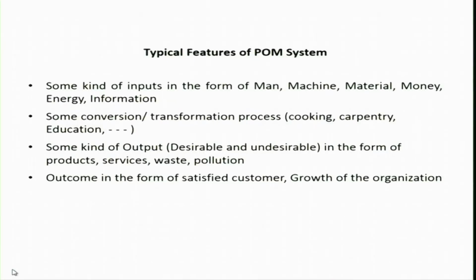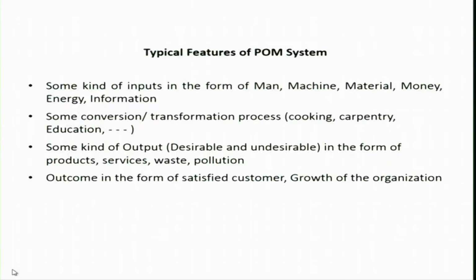What are the typical features of these activities? You will find that there is some kind of input, like in the kitchen there are ingredients which are used to prepare the food. Similarly, in a manufacturing unit, let us say manufacturing of cars, raw material, components and parts are used to manufacture the car. Another important input is manpower, human resources required to produce the products and services. The third important thing required is machinery, some kind of equipment. Just like in our kitchen, it can be a gas stove, in manufacturing there are several types of machines which are used, and obviously money is also required.